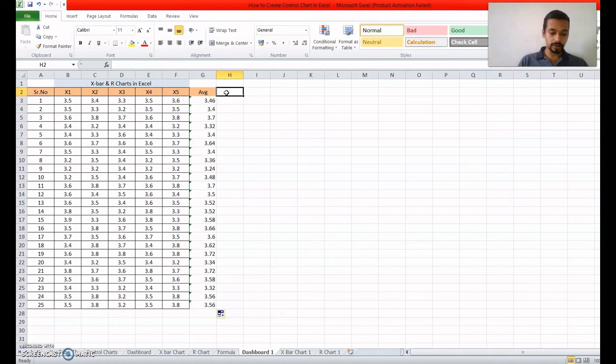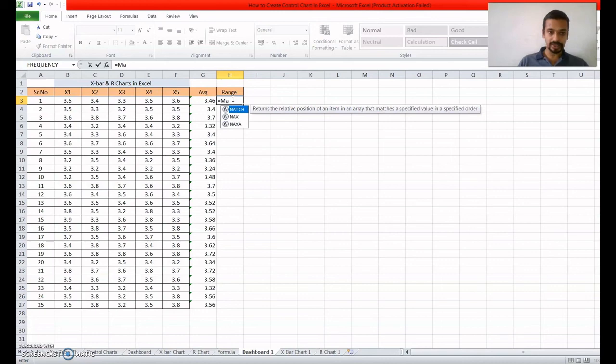Then you need to calculate the range also. For range there is no formula in the Excel sheet, but we can use the maximum value: MAX, select this row, complete the bracket, then minus, then MIN, select this row again, and complete the bracket.